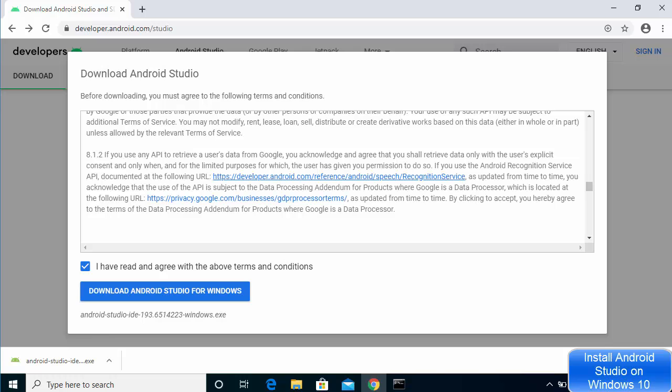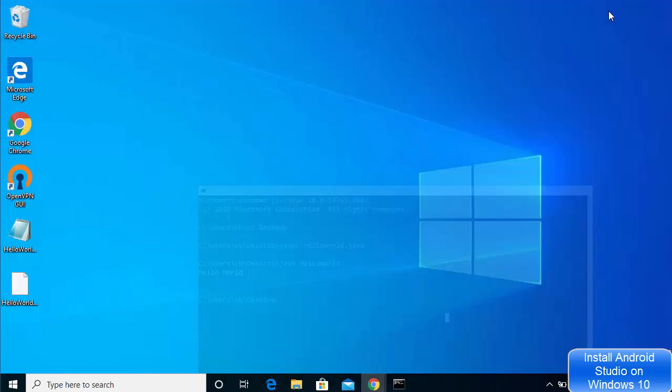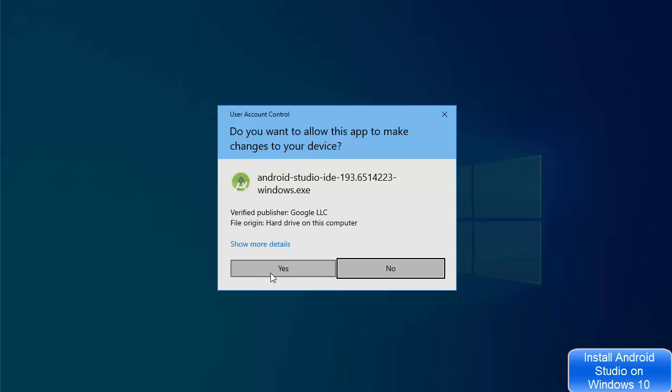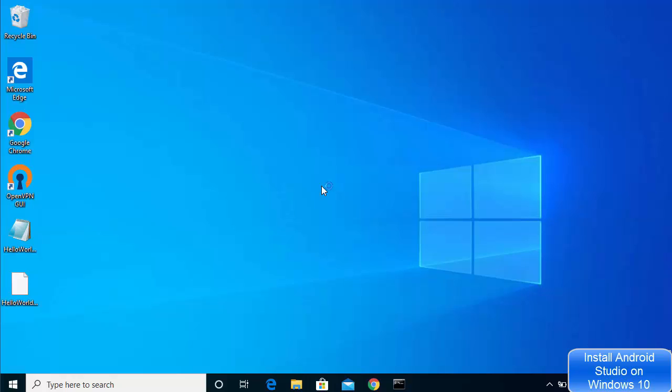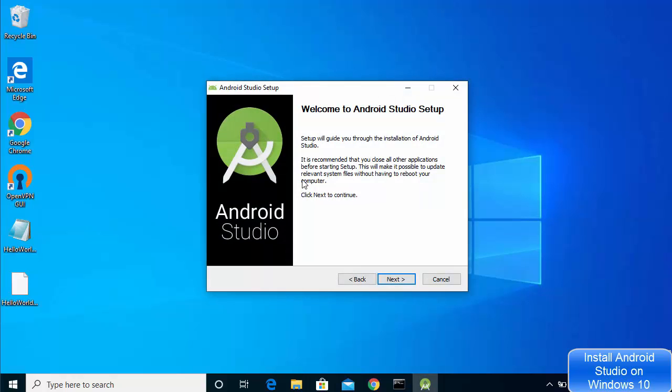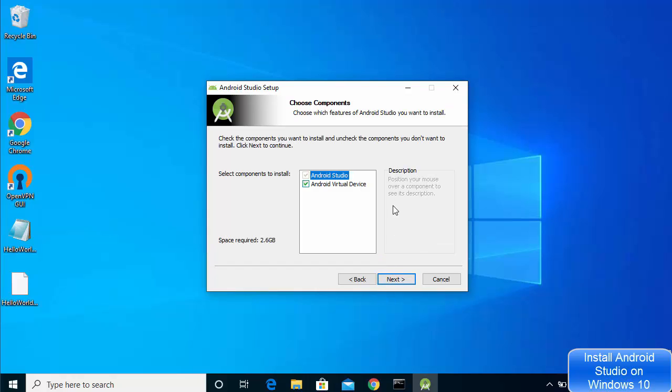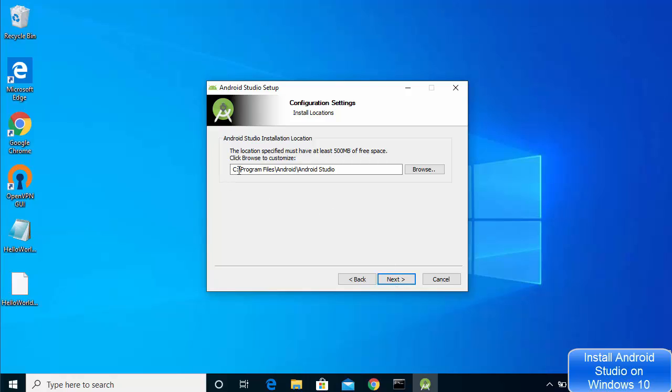So once this executable file is downloaded, I'm going to just click on this executable file and I'm going to minimize my browser. And first of all, you just need to select yes here, which is going to start the installation wizard for Android Studio. So here on this first window, you just need to click on the next button, and then you will see this section here. Also leave everything as default and then click on next, and this will be the location where